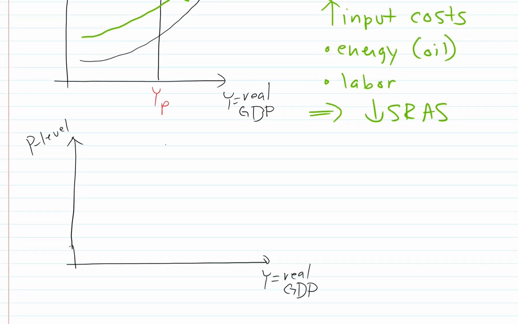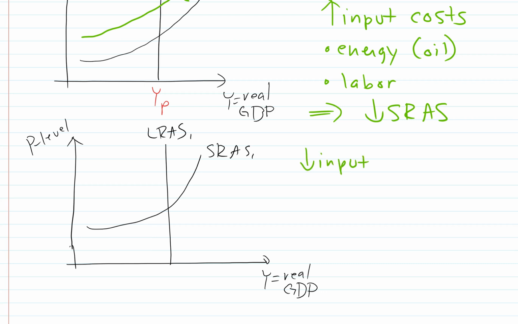Okay, so put your long-run aggregate supply and your short-run aggregate supply. Again, holding growth constant. And then we get a decrease in our input costs. So again, this is often labor or wages. And so a decrease in our input costs is going to cause short-run aggregate supply